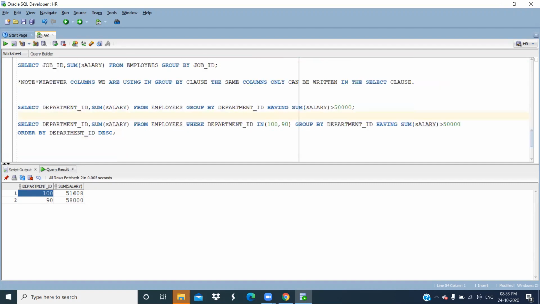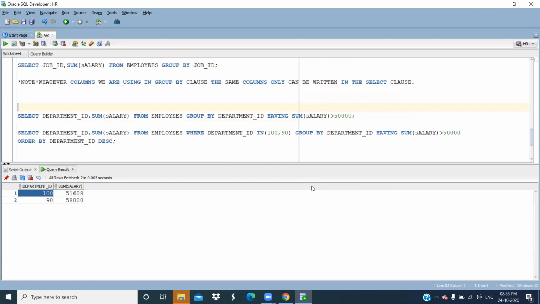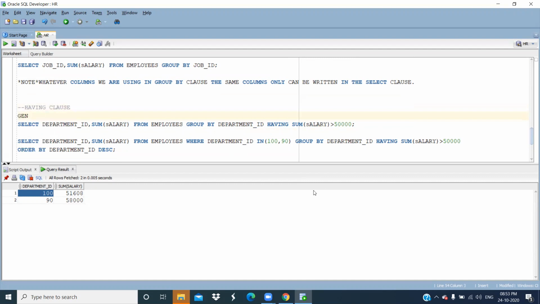Yes, bro. So let me write what this having clause is. Generally, if we want to restrict groups after the group by clause, then we must use the having clause.